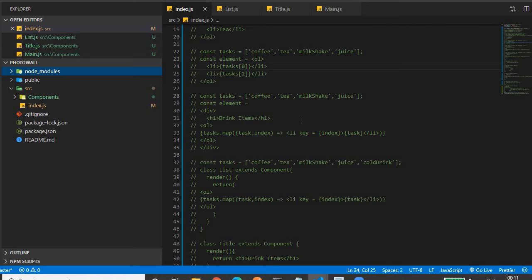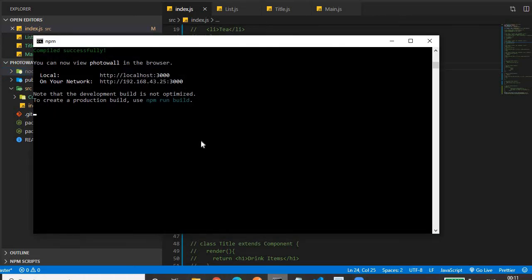Then what next? Once you have loaded the project in the Visual Studio Code editor, next you have to execute that project. You have to build that project. For building your project, what do we have to do? I already have it built. If your project is already running, to stop the project, you have to press Ctrl C. Okay, so your project will be ended.